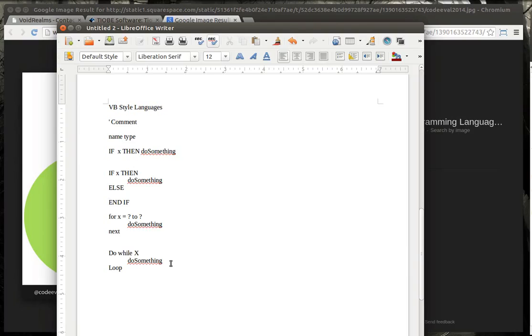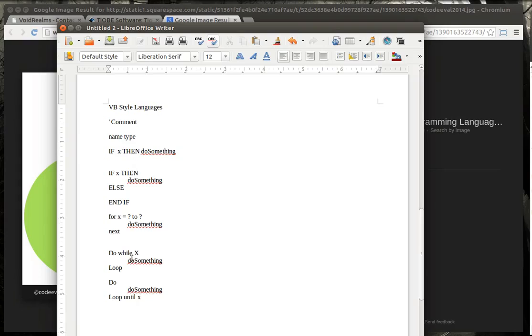And then you're going to do the loop until x. And this is the same principle. You're going to evaluate first and then loop, or you're going to just loop and then evaluate.